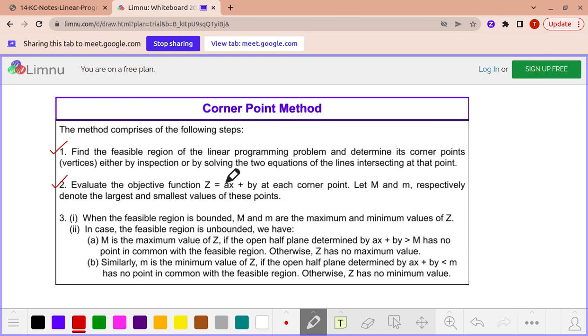Let uppercase M and lowercase m respectively denote the largest and smallest values. So we are assuming that capital M is the largest value and lowercase m is the smallest value. Now step number 3 says that when the feasible region is bounded,